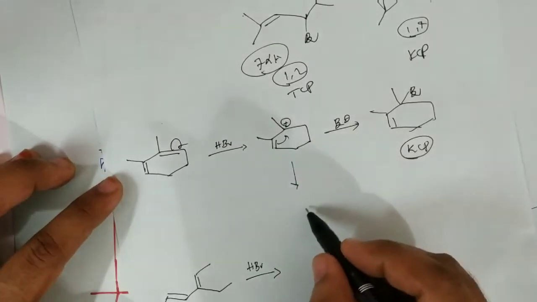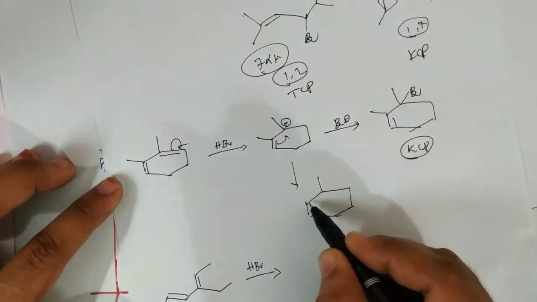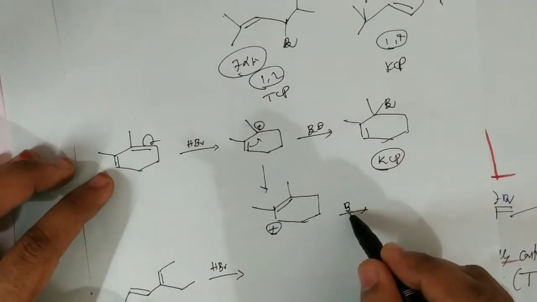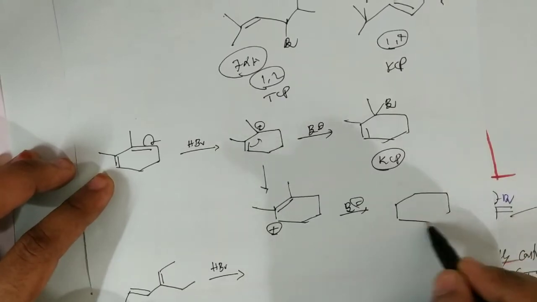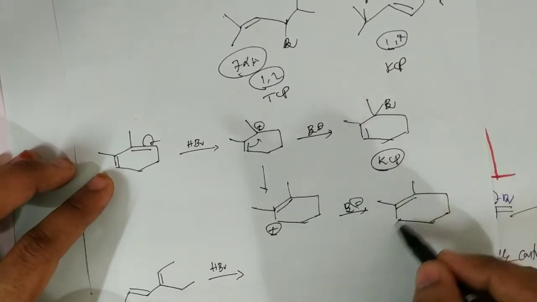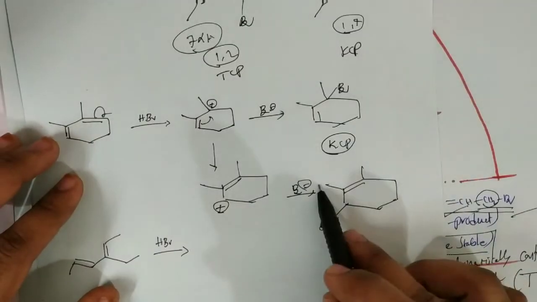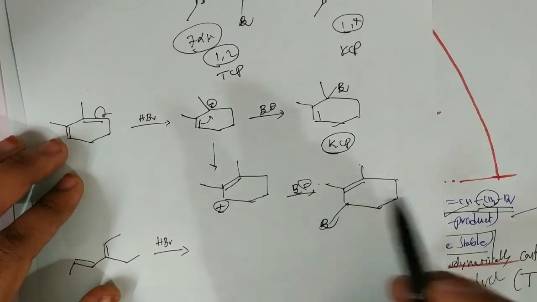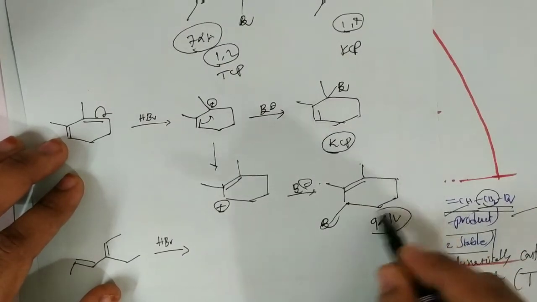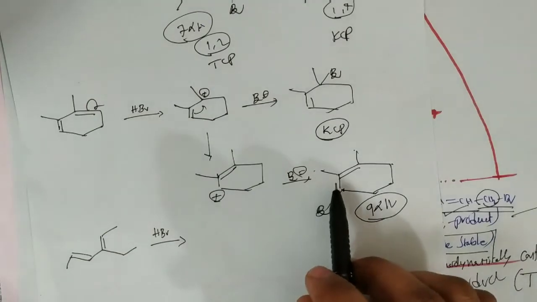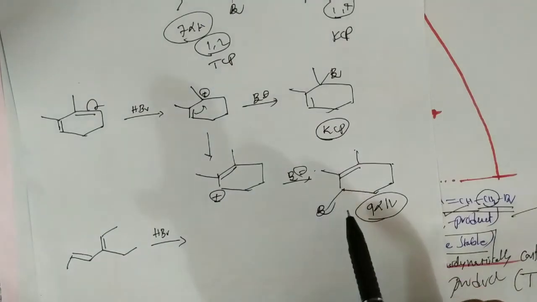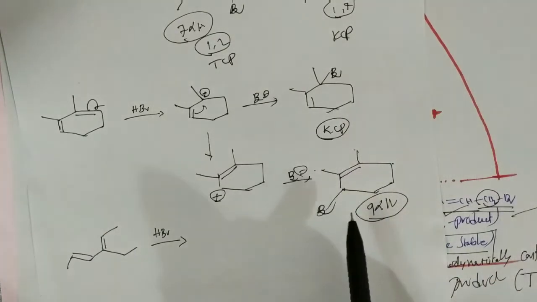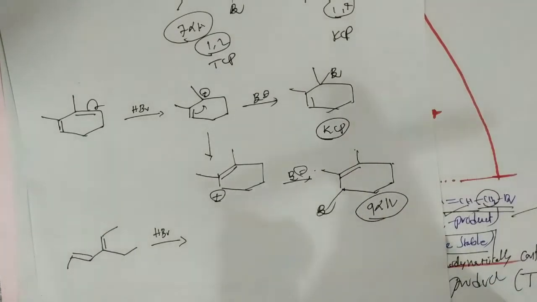Now here by resonance, we will get another one. This is the carbocation. Of course, it is a secondary carbocation, less stable, but here the product is more stable because it is highly stabilized by hyperconjugation. This one has more alpha hydrogens. 3 alpha hydrogens, 3 alpha hydrogens, here 2 alpha hydrogens, 8, and here 1 alpha hydrogen, 9 alpha hydrogens. So even at room temperature, this is the more stable product. This is a major product actually. Of course, it is specifically mentioned that at low temperature this is the major product, and at high temperature this is the major product.